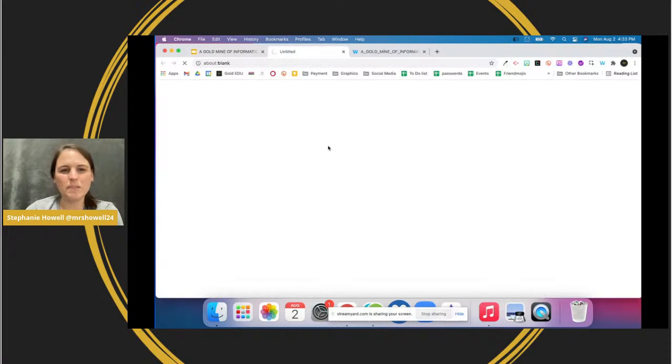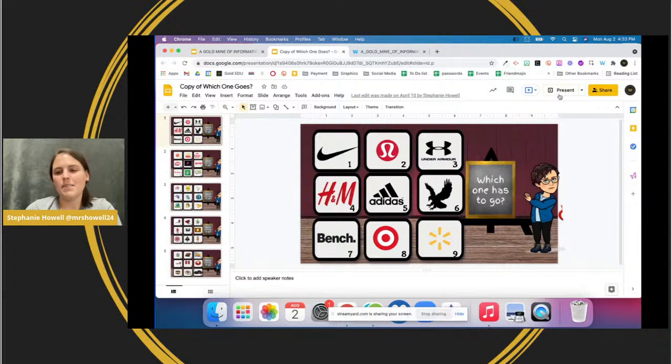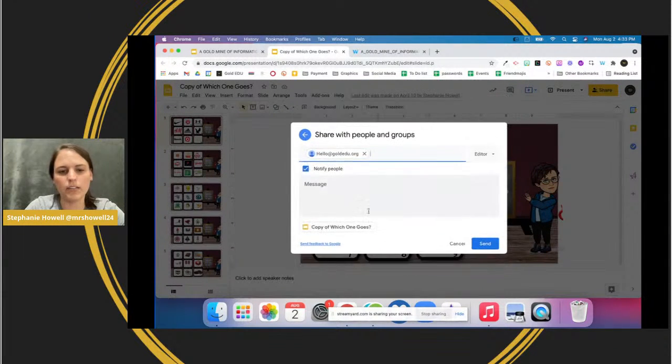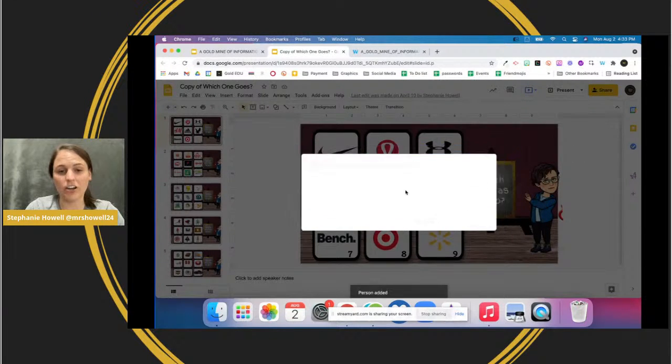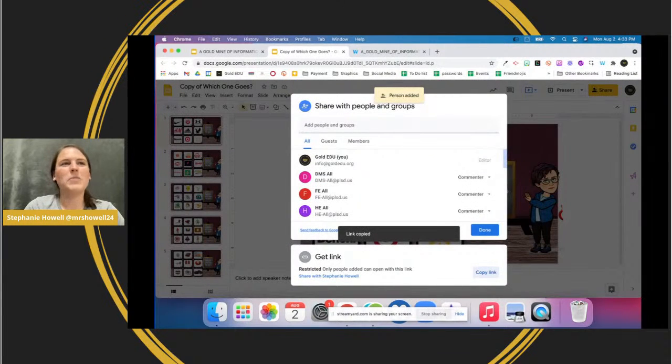So that's right here. And what this is, it is a Google slide that I found. I believe I found this in Facebook. So let me go ahead and add the group onto this. Let me go ahead and make it a commenter. I'm not going to notify people, and I'm sorry if I have been notifying people. I don't mean to. But with this resource, what happens is,